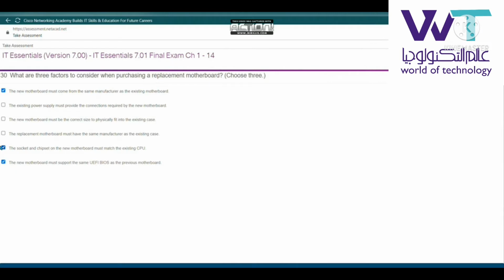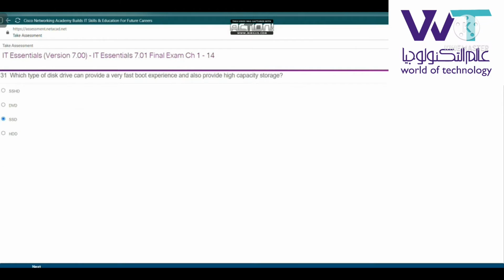ونبتدي مع بعض. سؤال 31 بيقول: which type of disk drive can provide a very fast boot experience and also provide high capacity storage? هتبقى ال SSD. السؤال اللي بعده